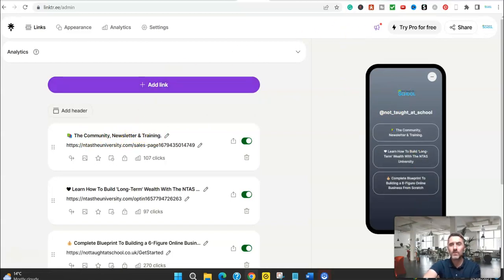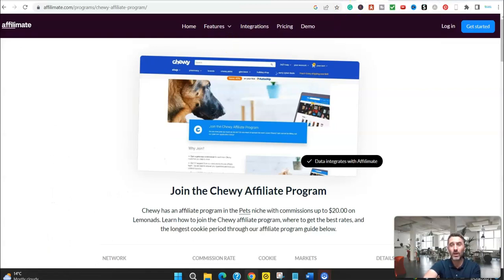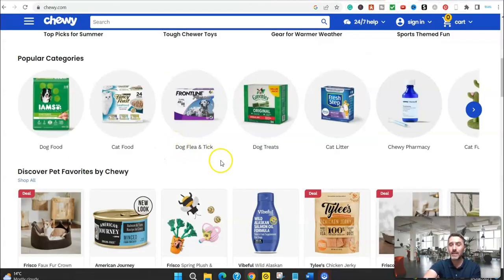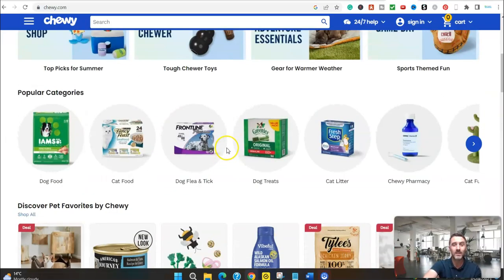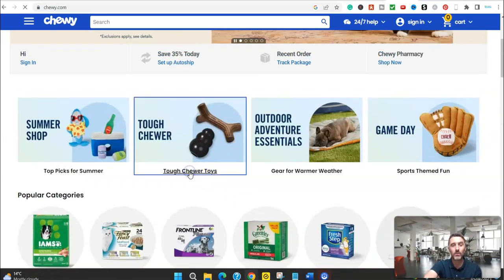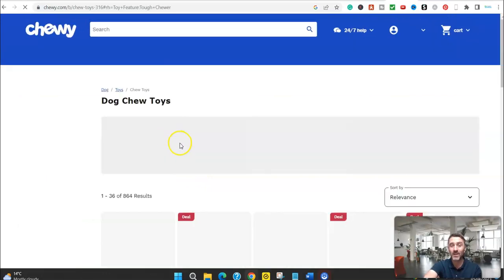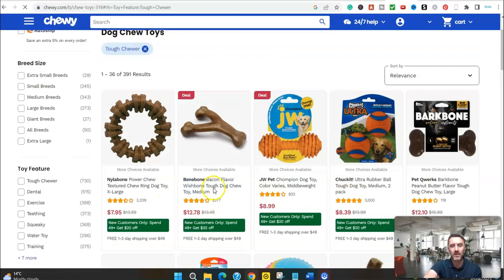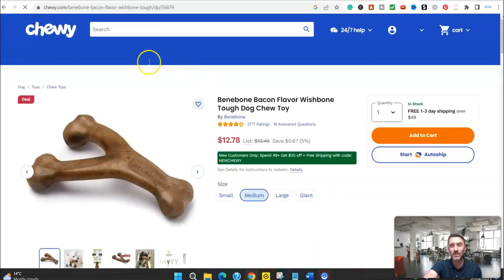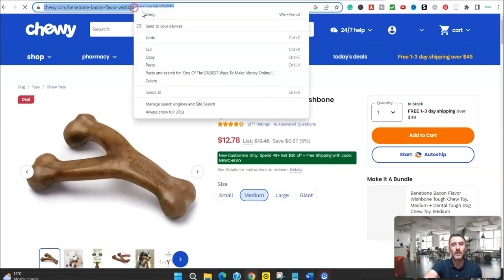So once you've gone over to an affiliate program like this one or any affiliate program, you would get links, specific links to a product. So let's say we've signed up to this website here, this Chewy, and then let's just say we want, I don't know, dog chew toys. We would do this, okay? So let's just say this is the one we're going to link to. Or you could even just link to the whole category. But we'd take that there.